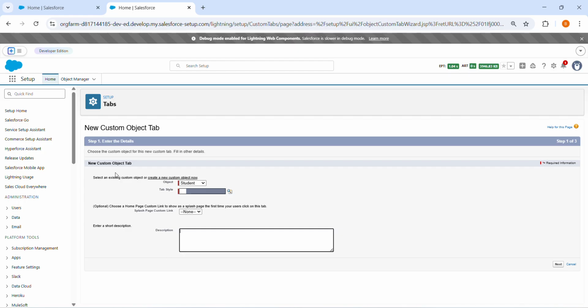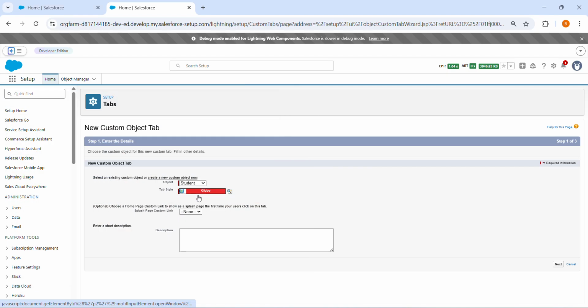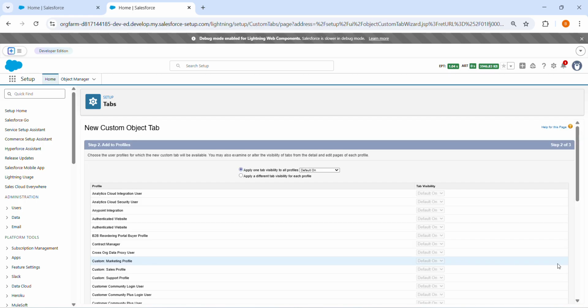Once we enter those details and click on save, we will land in the next step. Here it will ask us to select a tab style, because when we add this object in the application, it will be stored as a tab. I'm selecting something like a globe here, and once I click on next,